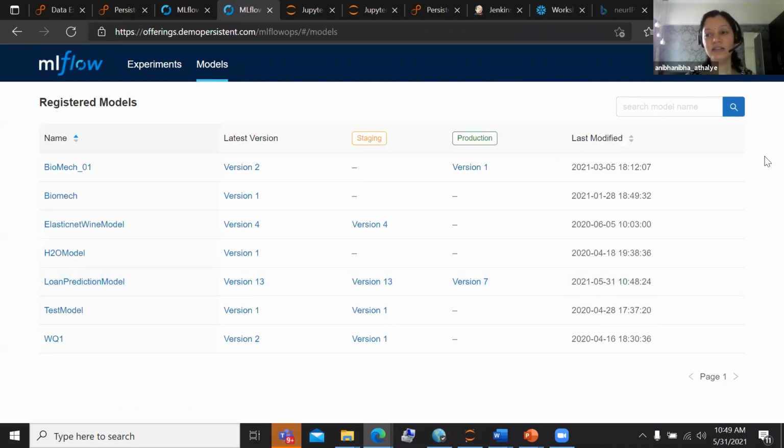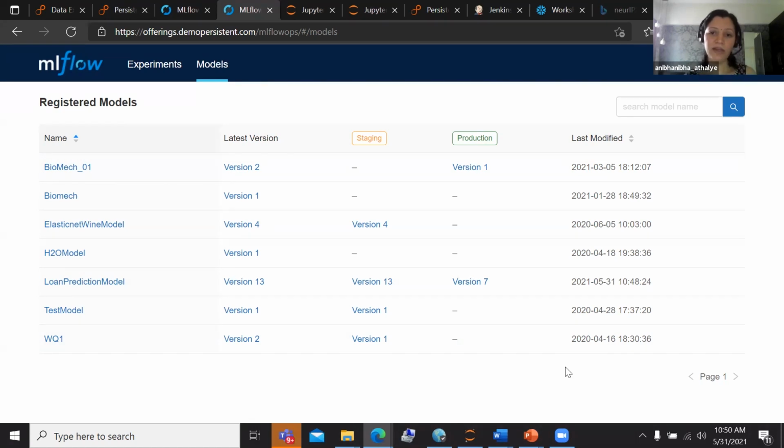Okay, so let's then move forward to what I spoke about, the model registry. Here you will see on the left-hand side a whole lot of registered models on this particular setup that we have. You have the latest versions of each of these models showing. We are talking about only three tags over here, which are the latest version, the staging, and the production, and when we last modified. So this is something that we call the model registry. Very important when you are tackling multiple models that are getting developed and want to track at what stage of development every model is.